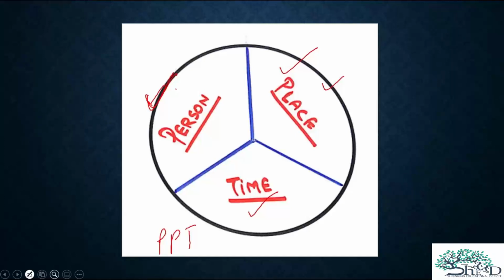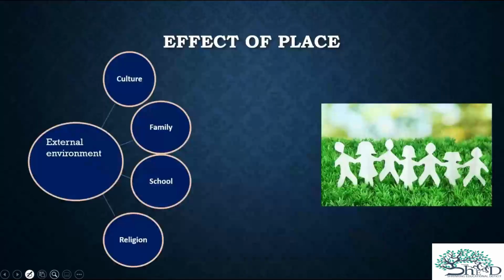So let's first see the effect of place on ethics. So the external environment includes a lot of things. It starts with family, school, overall culture, religion. Okay, so a place has a culture. Where you live, you have a family, you have a school you go to, and then most probably there is a religion which you follow. So place is the external environment, okay, which includes all these four things. It can include a bit more, but anything extra you can add will come under one of these headings.